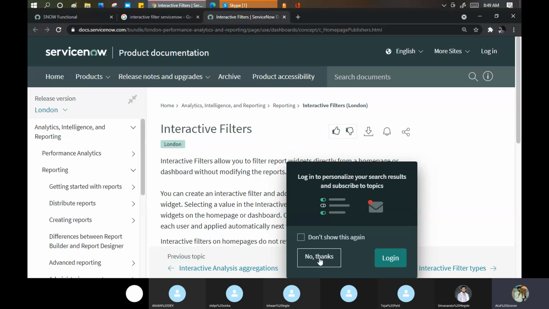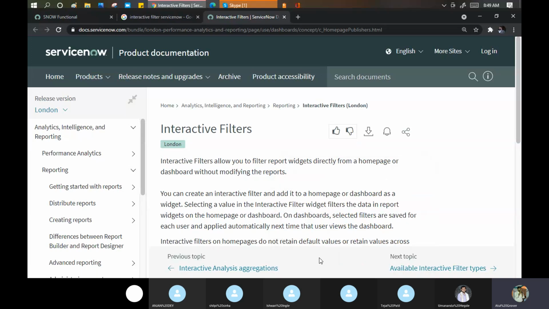If I say in this batch, what are the interactive filters for me? Total candidates 8. Male female is one of my interactive filters. Qualification is another interactive filter. Your experience is another interactive filter. So these are the filters which I can use on my dashboard and change the look of my results. I'm creating a report on the incident, but I'm putting in multiple interactive filters to fetch different types of reports.